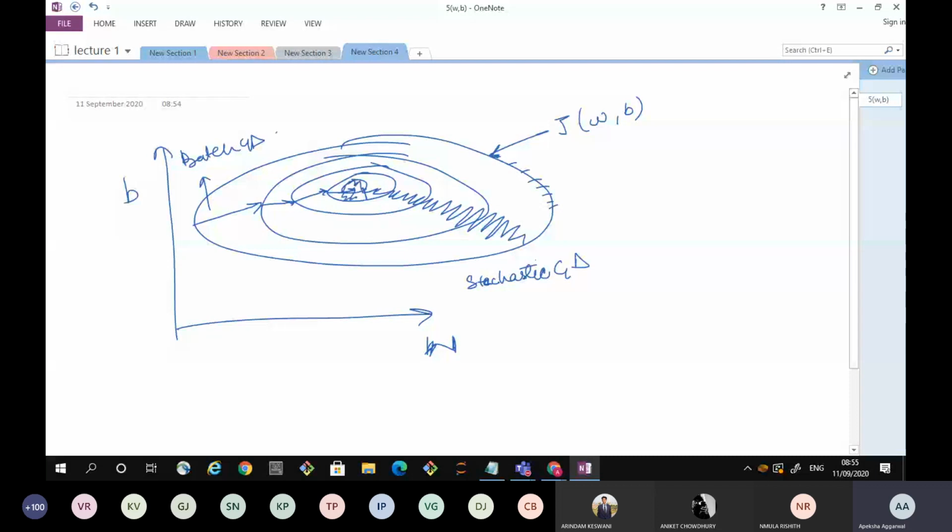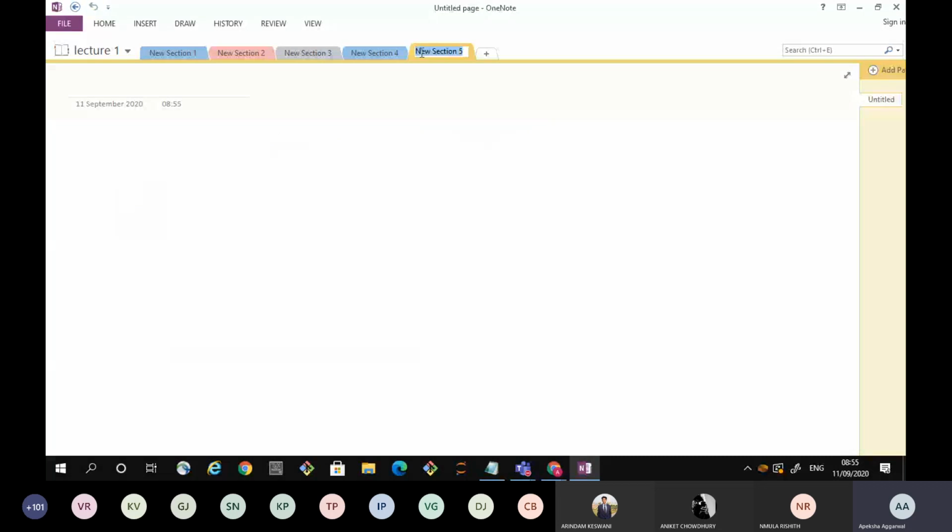It keeps on oscillating around the local global minima. So instead of reaching the optimal goal, it just keeps on oscillating. So this is our stochastic gradient descent. Practically, we don't use stochastic gradient descent with one training example as input because of the high number of oscillations. To avoid this, there was another approach.